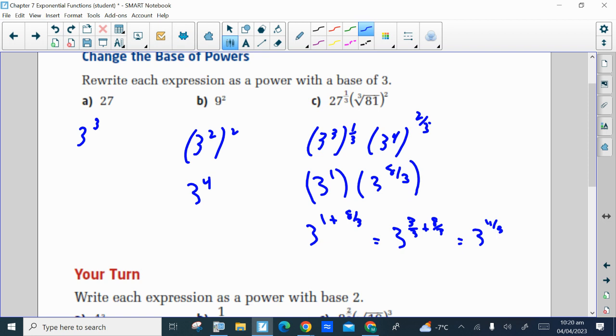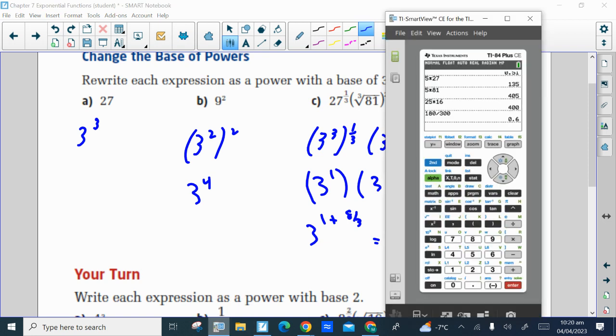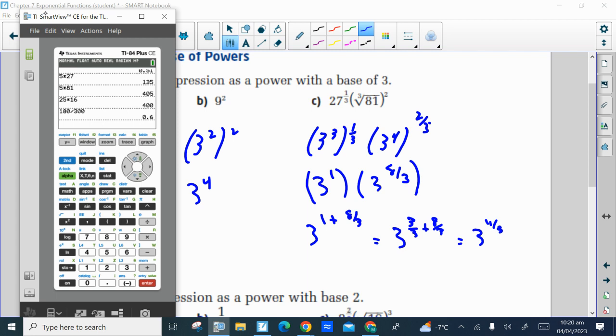So there's our final answer. And in this case, we'll use our calculator to check, to make sure that the answer we got at the end is equivalent to what we started with. We started with 27 to the power 1/3